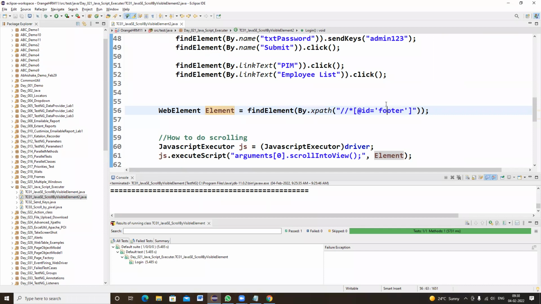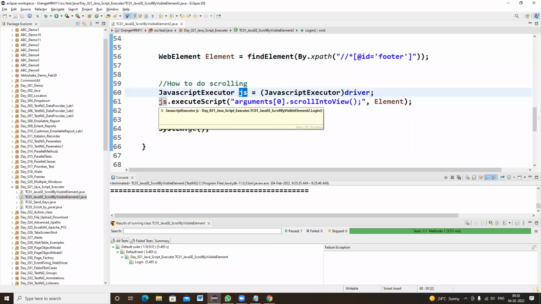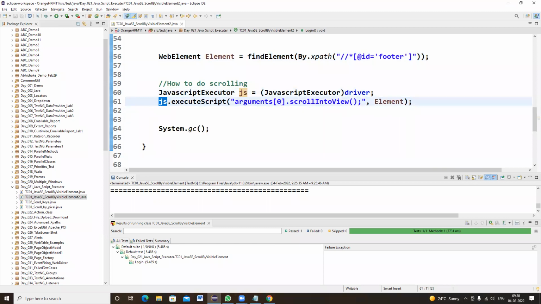Once you give this, we are using JavaScript executor, which is a class in Selenium, and we have created an object reference for JavaScript executor and given the value as JavaScript executor of driver. And we are using this object reference, js.execute script of argument of 0 scroll into view.